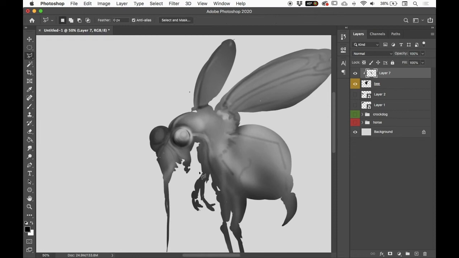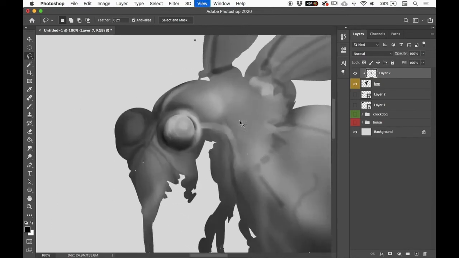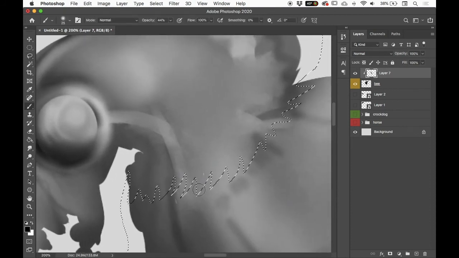And of course, use your lasso tools. So poly lasso tool, freeform lasso tool. If you need to draw some real funky little shapes and stuff like that, that could be one way of doing it. I'm just going to do a big lasso around there, and jump in there, brush,